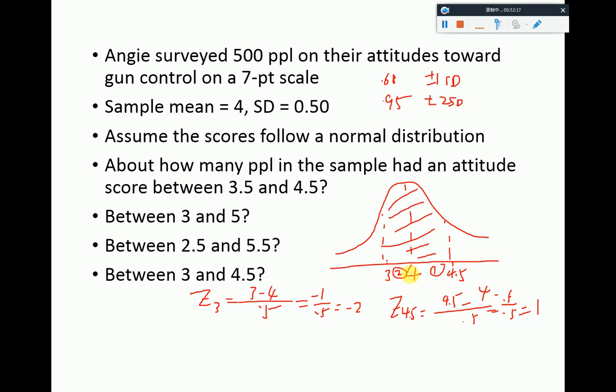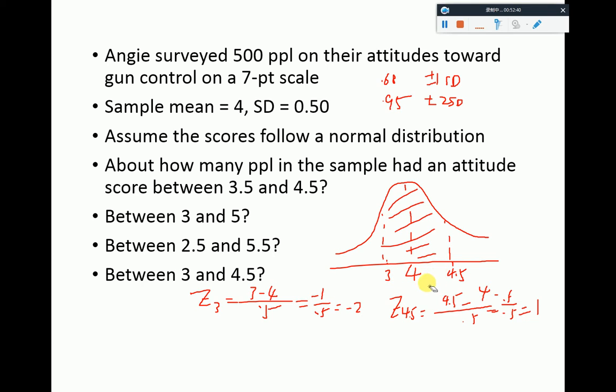We don't have anything that's asymmetrical. That's 1 standard deviation above the mean, whereas 2 standard deviations below the mean. What do we do? All right, so the way to figure out this particular probability will be to